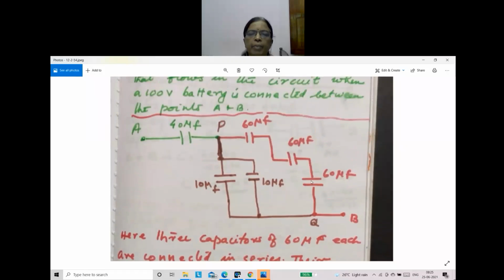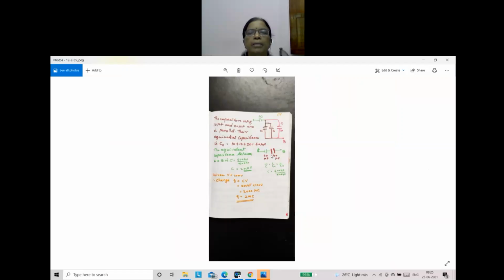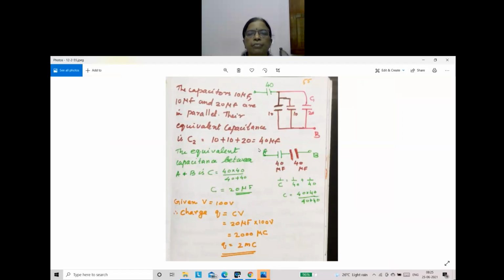How are they connected, this 20 and this 20? Are they in series or parallel, children? Parallel, because there is a connection here. This one capacitor, this one capacitor. Here there is a joint, here there is a joint. So they are connected in parallel. So 20 in parallel gives 40. This 20 and this 20 give 40, and the green color capacitor, 40, is already there.